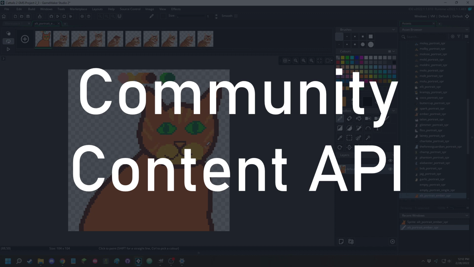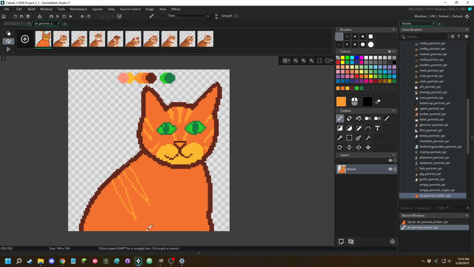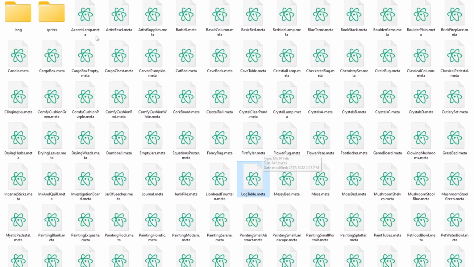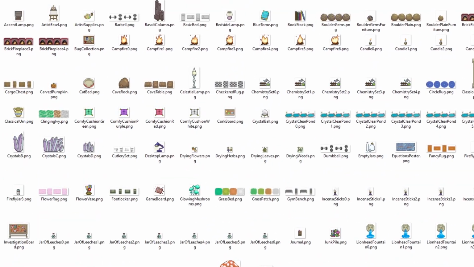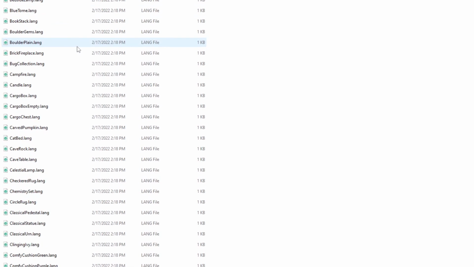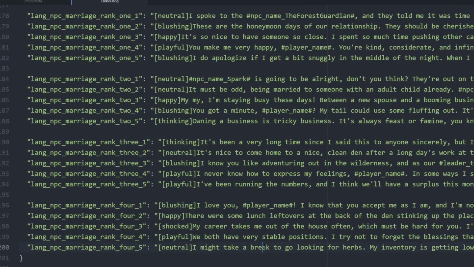In essence, we've changed the way that we are developing the content for Cattails Wildwood Story by exposing many of the game assets directly to you via unencrypted external files. Dedicated fans will be able to view these text and image files in a file browser and copy, then modify them to their liking. Now, I want to be clear up front that we are not talking about full modding